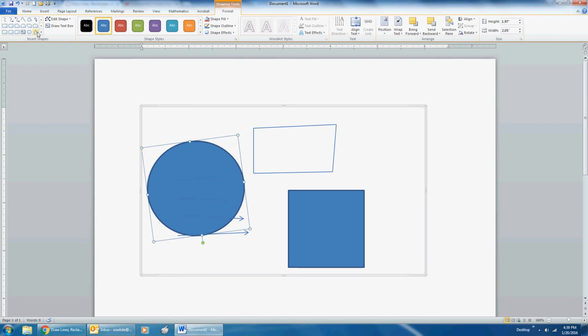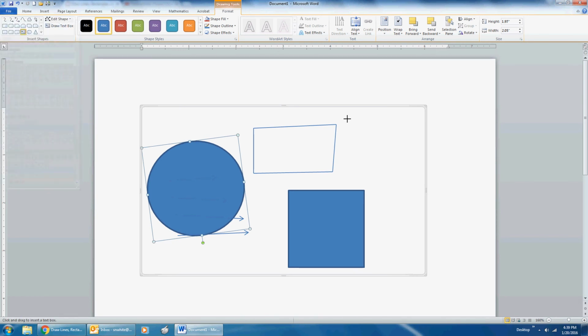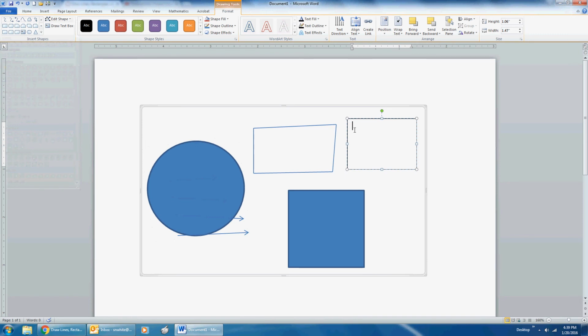Now if you want to insert a text box, it's the shape under basic shapes that has a little A in it. So a text box is what will allow you to just put text in. Notice it's the only one that has the cursor blinking. So if you were to type any sort of sentence,